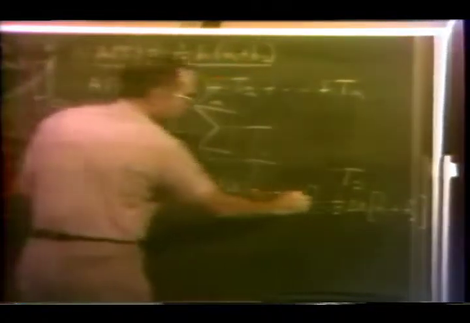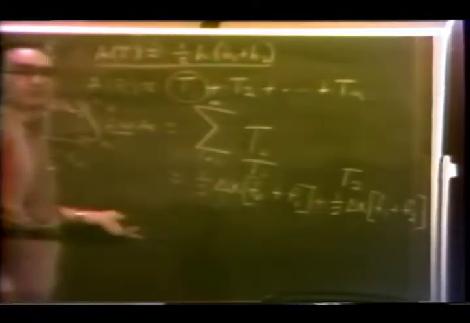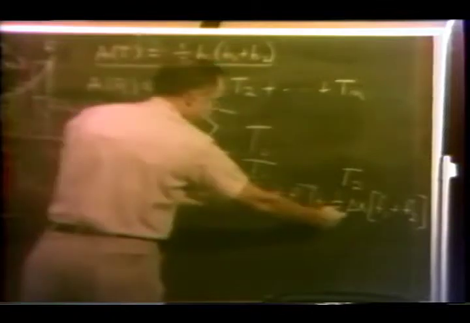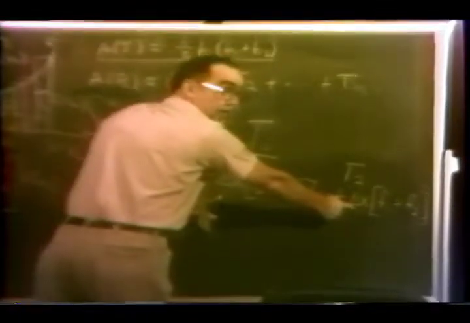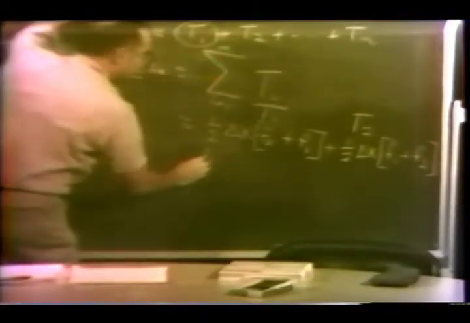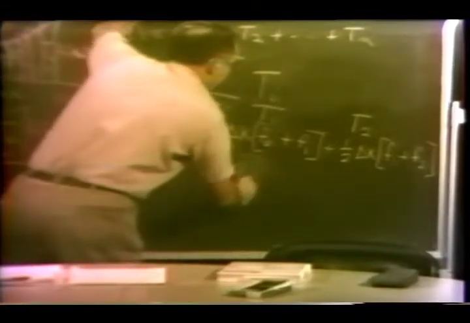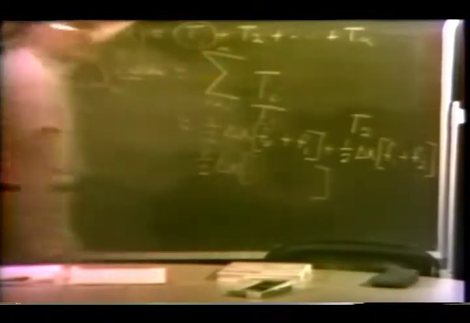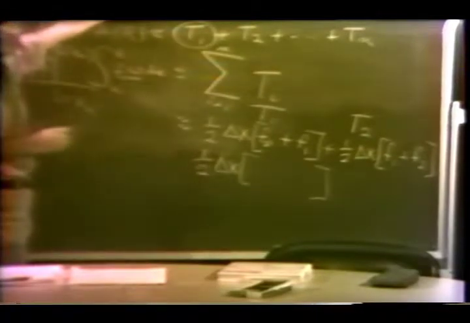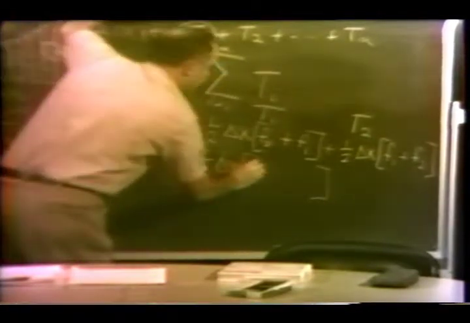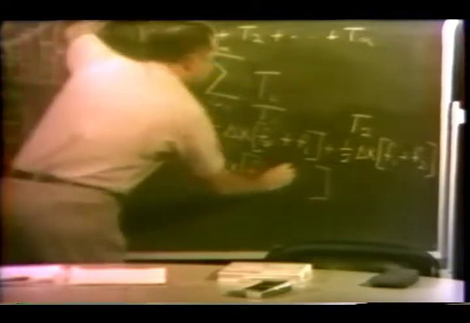And due to the restriction on the board space here, notice if I take these two here and add them up, first of all, I can take common factor 1/2 delta X out. And if I combine these first two terms, what will I have? f0 plus 2 f1